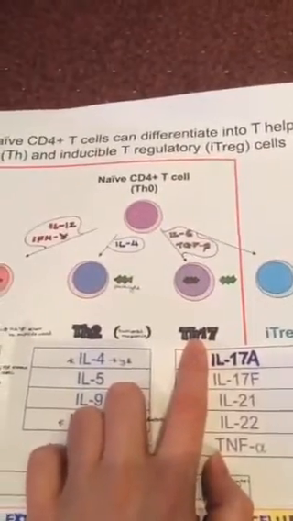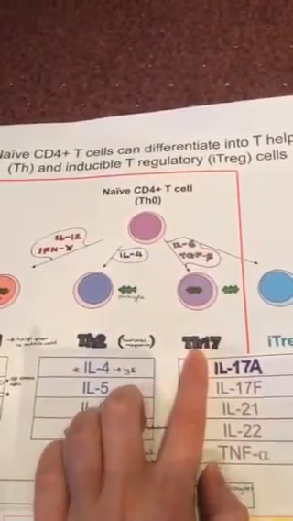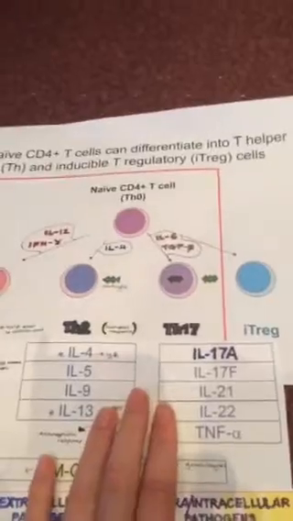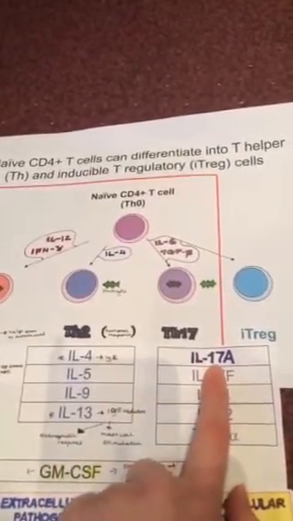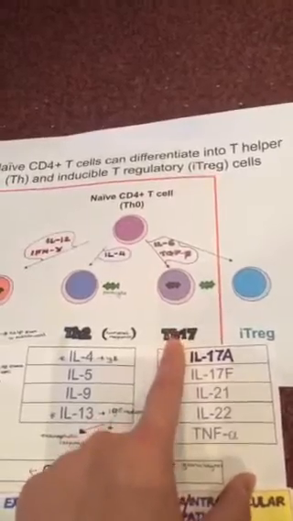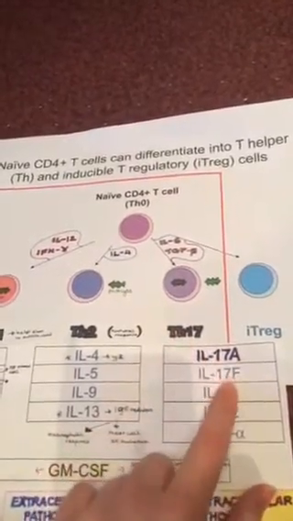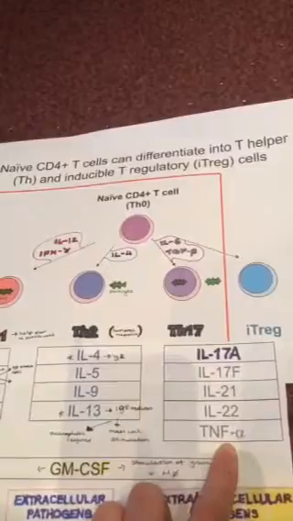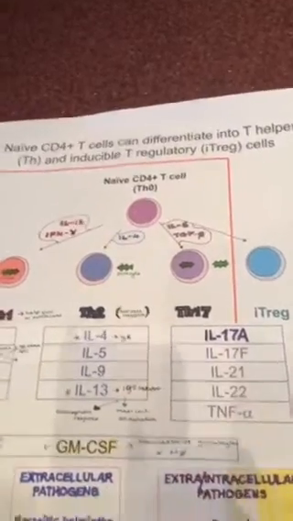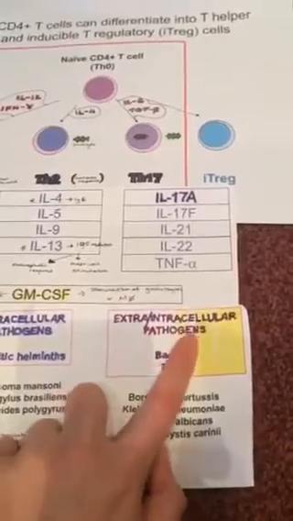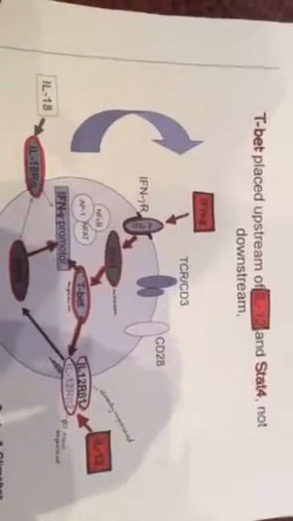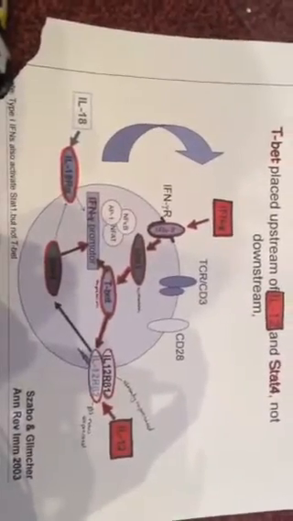T helper 17 cell, and this T helper 17 cell can be, I think, characterized by these cytokines. The main ones are interleukin 17A, this is why this helper cell is called 17 in the first place. There are other ones too, and also TNF-alpha plays a key role in the mechanism. T helper 17 cells deal with both extracellular and intracellular pathogens. Now, as this is the diagram she's talked through during the lecture, I'm going to use this one for T